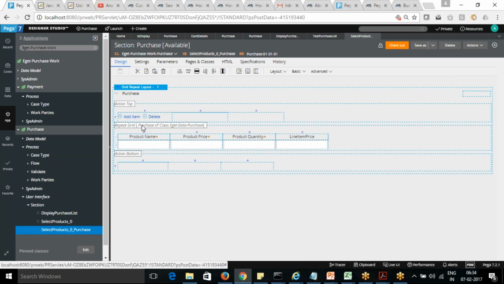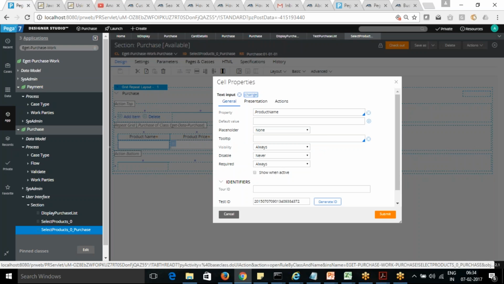Okay, so this is the same way you can see that this is created by Pega now. This product name we want to get from the data page. So we will do the settings once more.